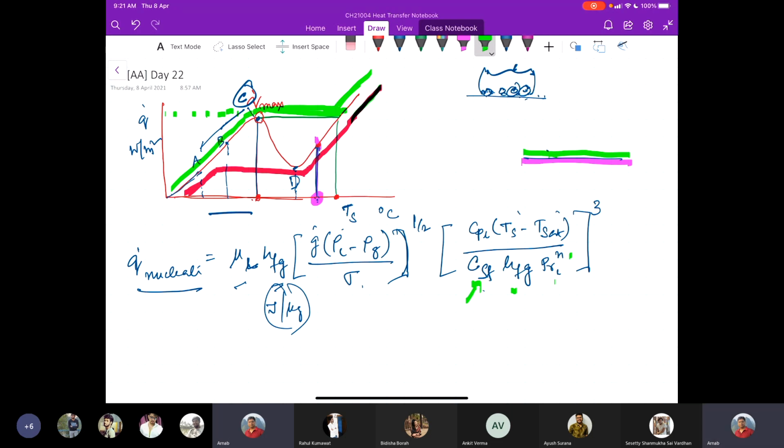So you can now understand how many parameters are involved in such a calculation. Now, all these physicochemical properties would be made available to you, but since this would be an open test or open assignment, you have to find them from the appendices of the book, any standard textbook. You would find those values.